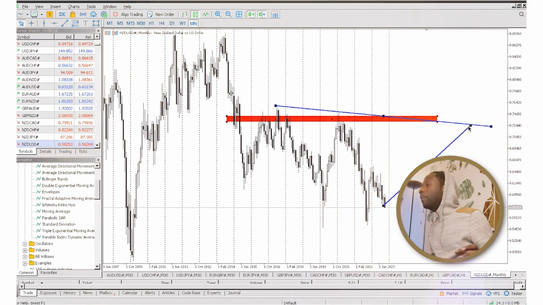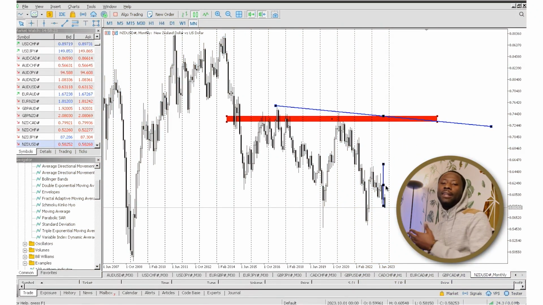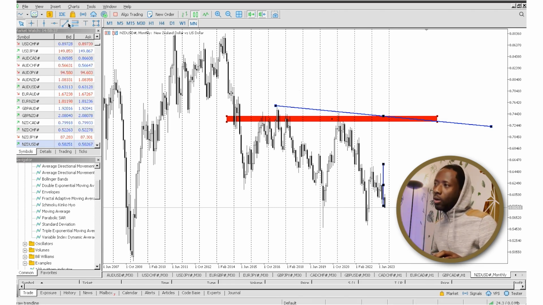I've not found a way to copy it, because sometimes it comes in handy when you've drawn a line like this and you want to replicate it maybe 5 times. You just copy and you just paste. But here in MetaTrader, you don't have that. After you've drawn this, you need to go and get another one and draw it again of the same size. Man, this thing is quite boring. So MetaTrader, if you can fix that, that will be cool. So that is the second thing with MetaTrader.